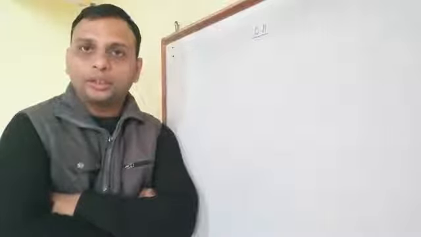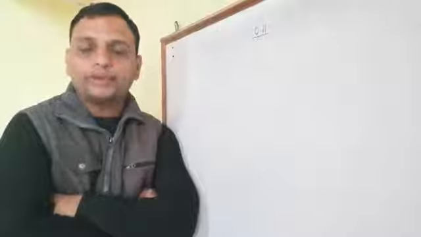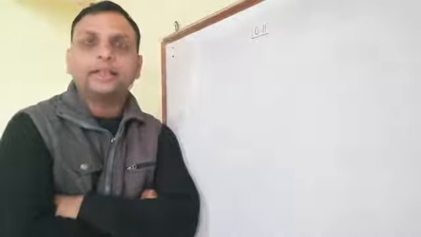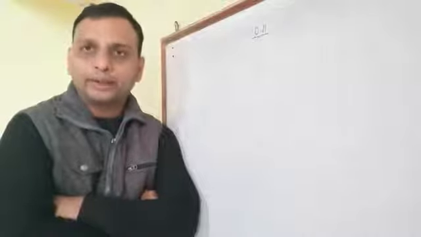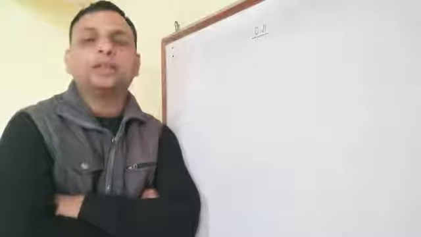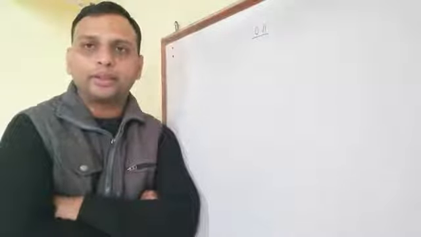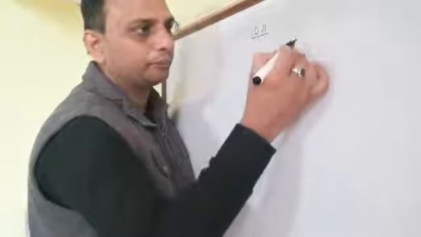Cyclic quadrilaterals are those where the vertices of the quadrilateral lie on the circumference of the circle. Once again, if the vertices of the quadrilateral lie on the circumference of the circle, it is called a cyclic quadrilateral. To understand this one, we will make one circle,